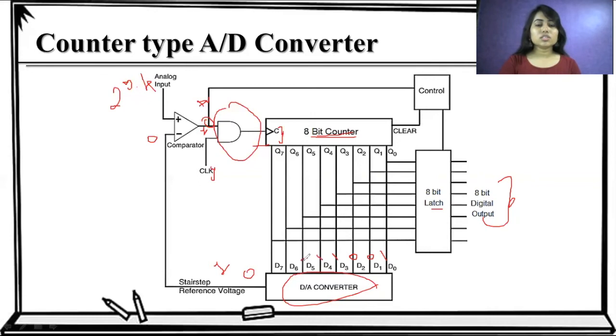Basically the weights are 1, 2, 4, 8, 16, 32, 64, 128. 16 plus 8 is 24, 24 plus 1 is 25. So we have a binary output of 11001 as 25. Then 25.4 minus 25